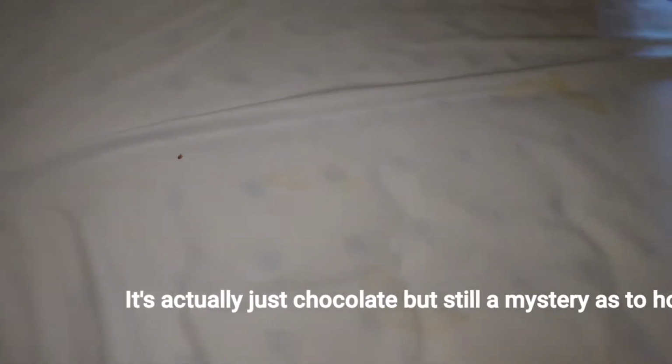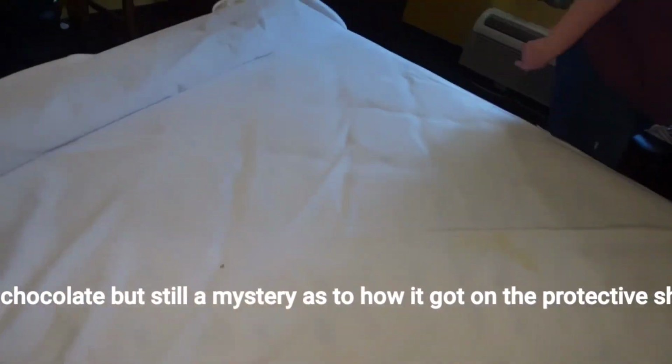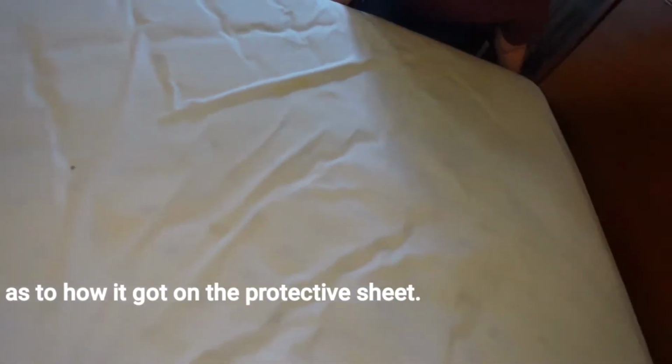Yeah, but the thing of it is you're not actually laying on this. This is covered up. Granted, I would like for that to be changed, but oh! Pull the bed out. Uh-oh, we found something. Oh, no. We got,